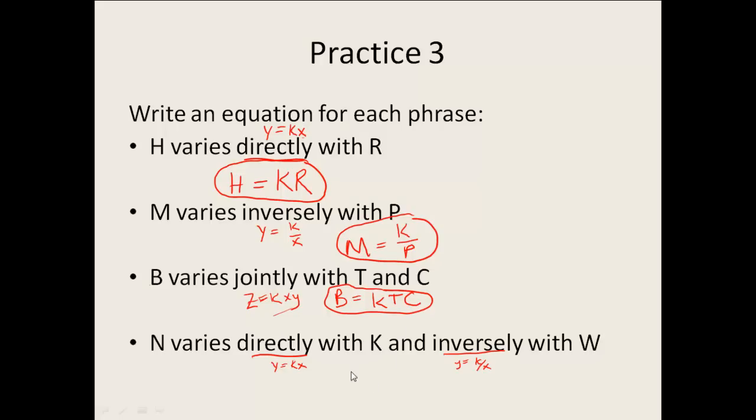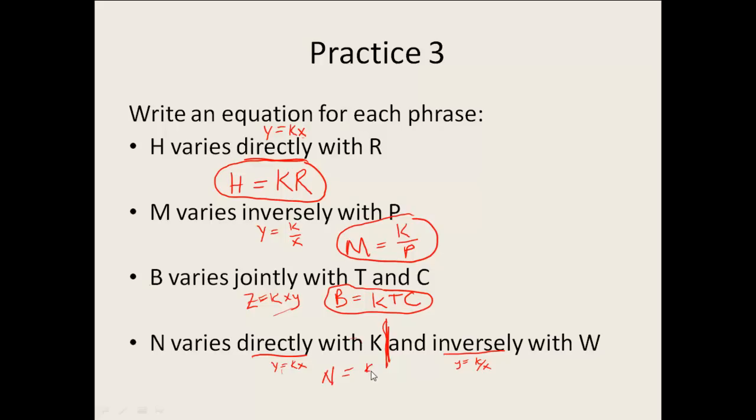Now the last one here is a little bit trickier because it has two of them in it. It tells us n varies directly with k, so we should start thinking about y equals kx, but then they also tack on this inversely part. What you're going to want to do is start with just one piece. So I'm only going to focus on this first half. N varies directly with k. That tells me I'm going to have n is equal to,